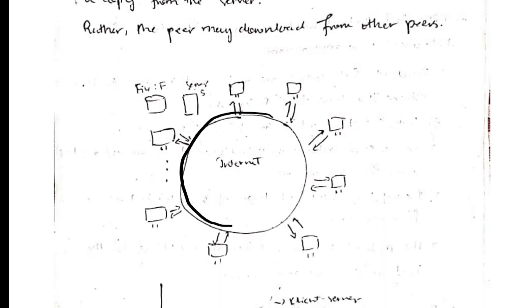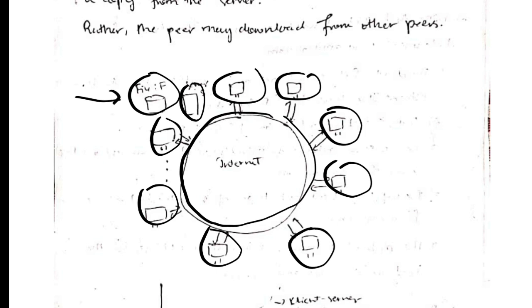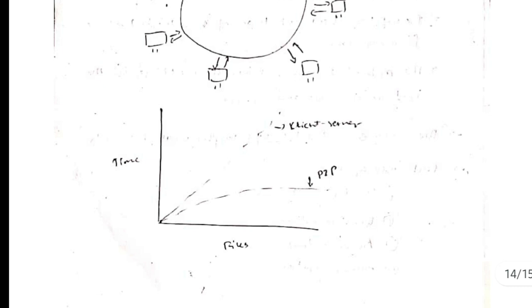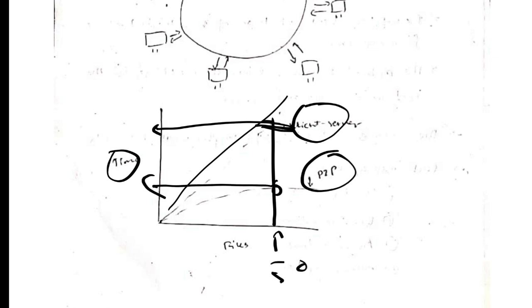These are the chain of clients which are connected, and they share the information with each other, and the server is also here and the database is here. Okay, this is the file distribution for the P2P architecture. And see here the difference. This is the time taken. If you use client-server architecture, it will take a lot of time for the same amount of files. You can see it's taking a lot of time here for, suppose, 50 files. And here it's taking less time. So therefore P2P is always encouraged to be installed in your organization.